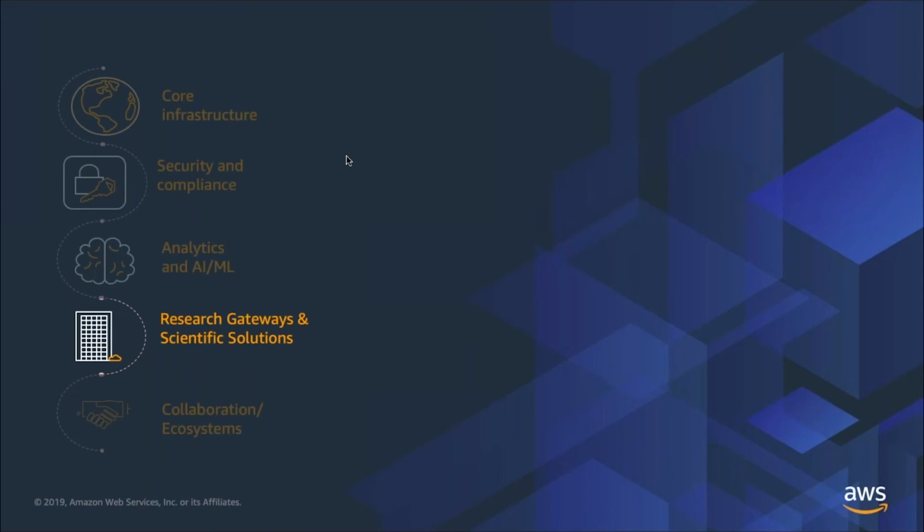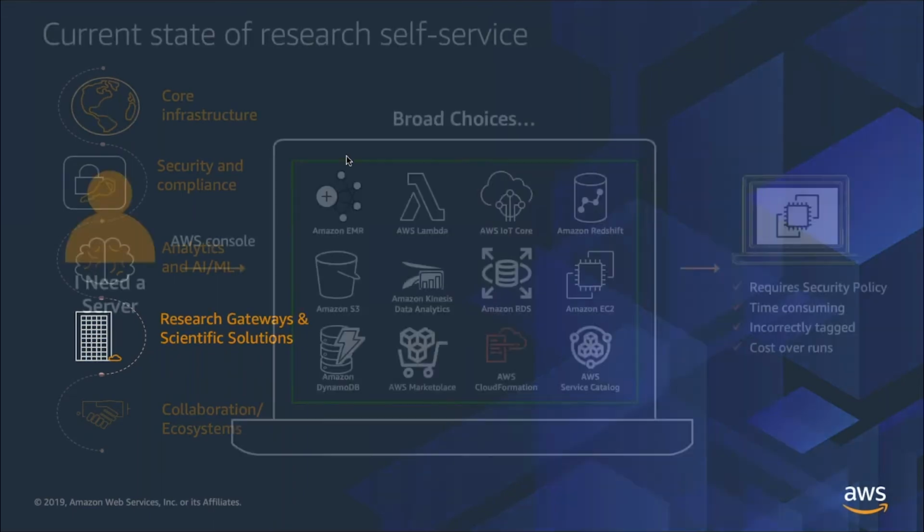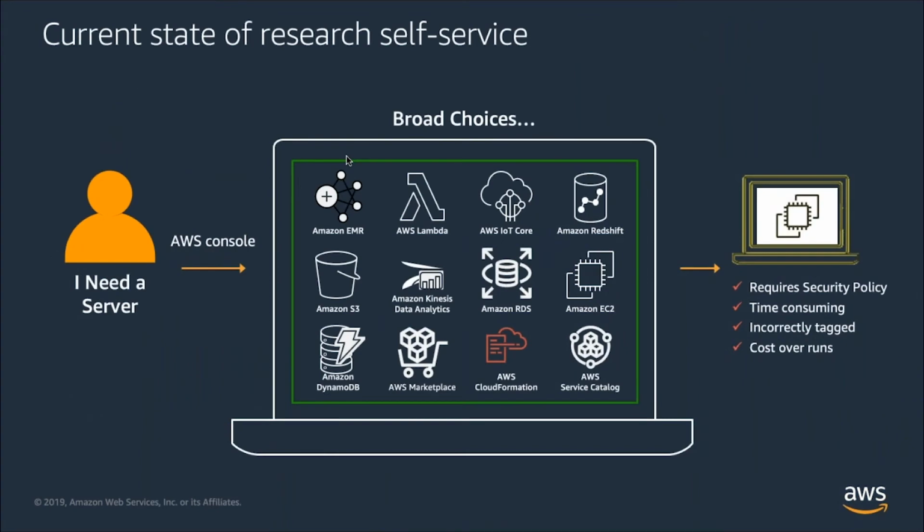Moving on to the research gateways and scientific solutions, just wanted to again comment that we are well aware at AWS that we continue to innovate at a rapid pace and create a number of broad choices, from our data management to our types of compute infrastructure and our services and managed implementations. And this can be overwhelming for our users. You can go to the console and be able to search and implement, or you can use our SDKs behind the scenes and our APIs. But again, it may be difficult to